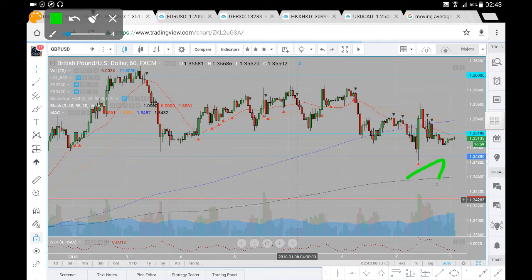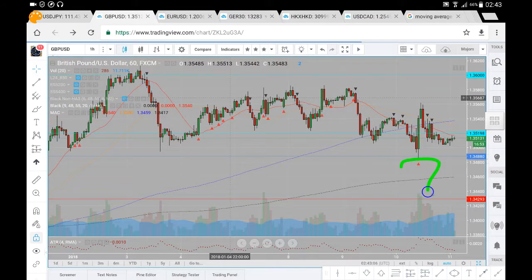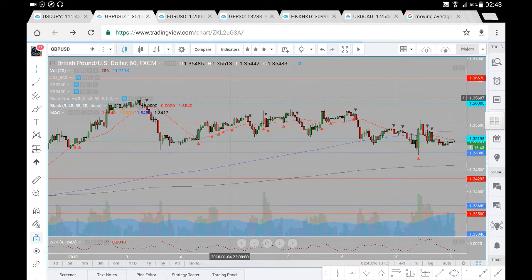If we did break down from 34.60, the very next level that we are looking at should be 34.29. Yes, that's right, 34.29, we're looking for 34.29 to the downside. Major level marked out here in red. Now, if we did break down from 34.29, if we did see a strong sell side continuation,